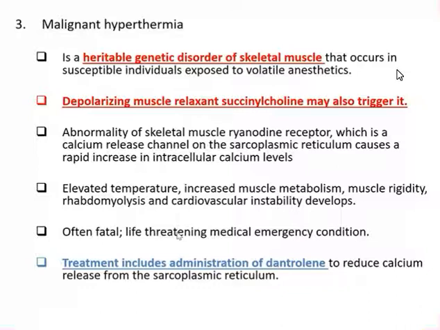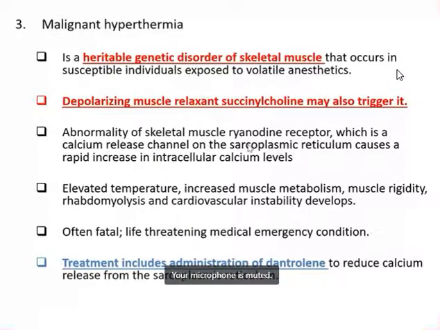When you combine an anesthetic like halothane or sevoflurane with succinylcholine, that will trigger the effect. There is an abnormality in a receptor known as the ryanodine receptor, which is a calcium release channel present in the sarcoplasmic reticulum. Because of this abnormality, there will be more release of intracellular calcium, and when there is a much higher concentration of calcium in the cell, mainly in the skeletal muscles,